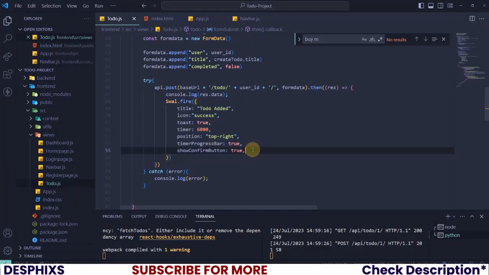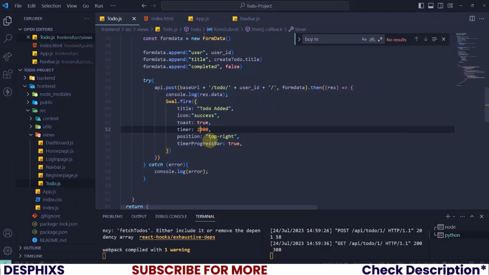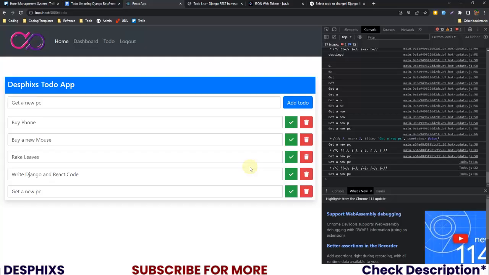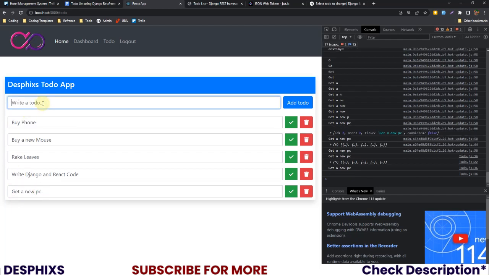How about we just remove the show confirmation button and make the timer something like 2 seconds? It's up to you. Just play around with it. All right. Now there you go. Get a new PC now shows up over here. How about I say something like